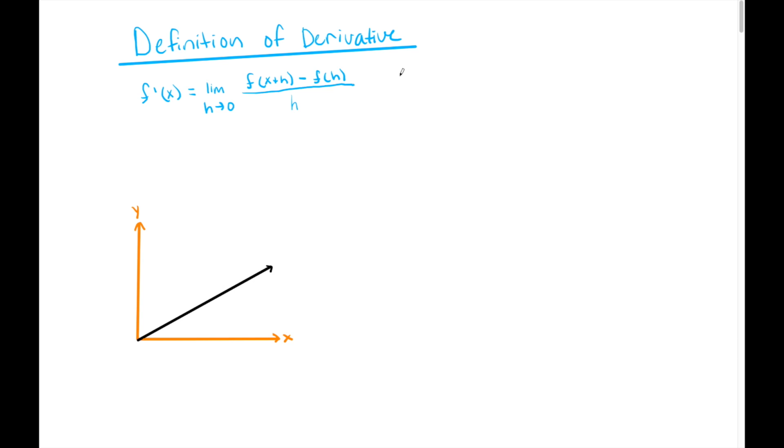Alright, so today guys, we're going to actually derive the definition of a derivative formula, which I've already written out right here. So we want to understand where this formula comes from visually from our graph. Now, a derivative by definition, verbally, is just the slope of a line that is tangent to the graph of our function. Before we actually derive this formula, we're going to go back to algebra and find